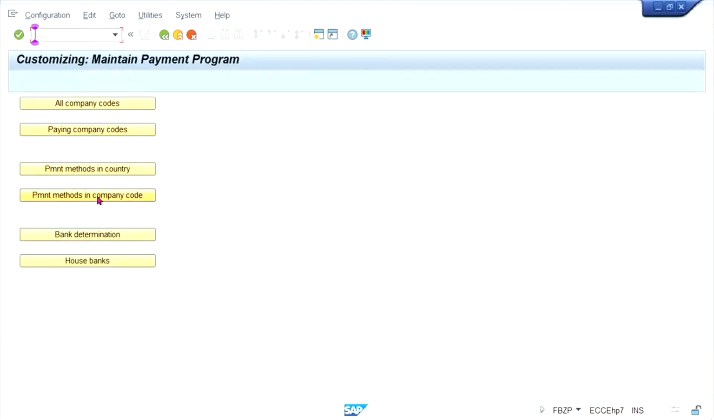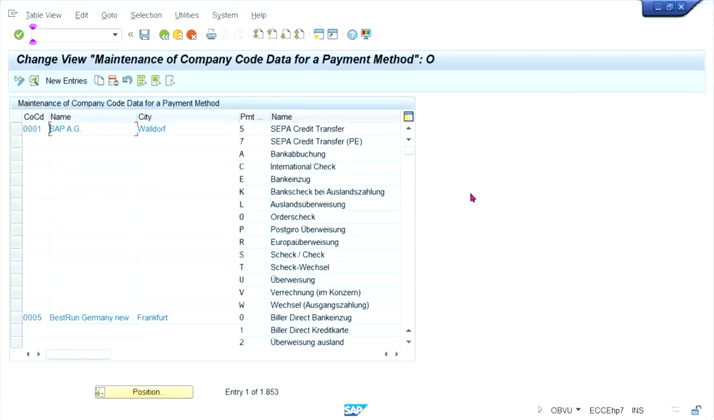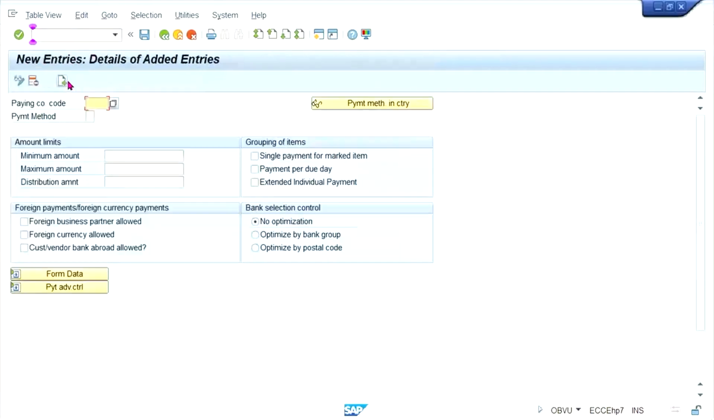Then payment methods in company code. At country level, already 2 or 3 or 4 payment methods are there, right? Out of which, which payment methods are used by your company code? At present, I use payment method T. Later on, check payment method is also going to be added. Click on the name. Okay. TM33, payment method T,